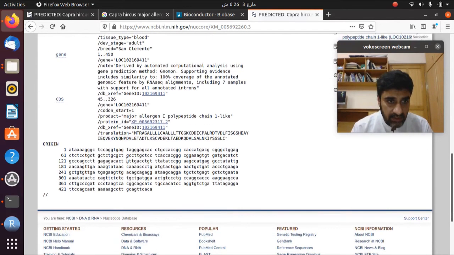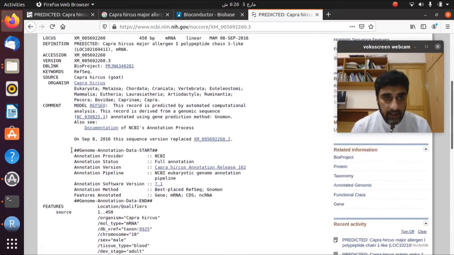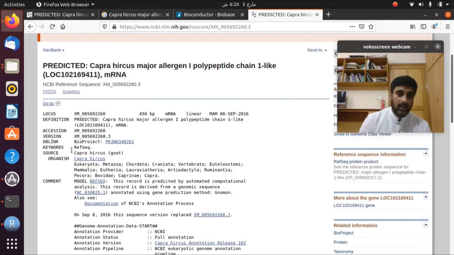So this is the complete gene starting from the first nucleotide, and in this way you can look into the transcript of this gene that is overexpressed in Pashmina but down regulated in Barbary goat.